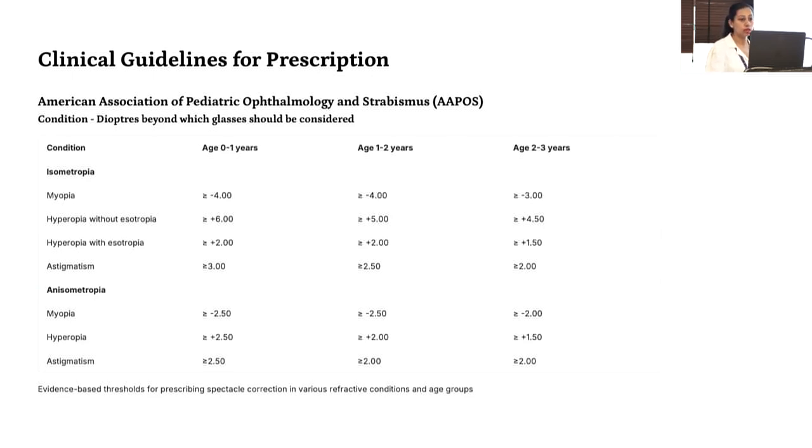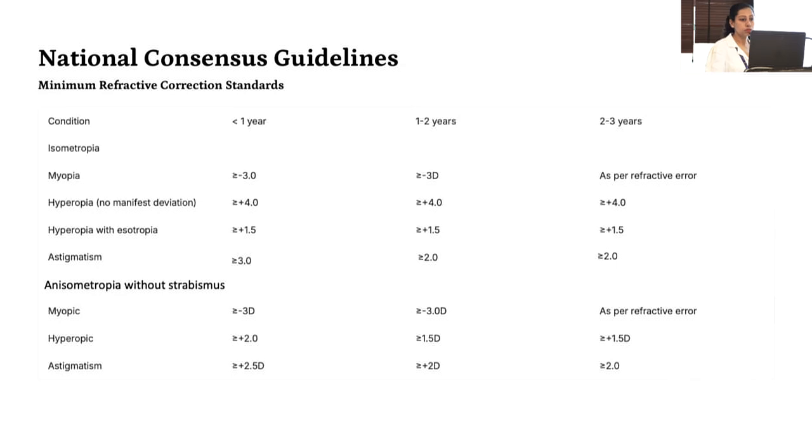Astigmatism also has certain values, followed by more than 3, more than or equal to 2.5, and more than or equal to 2 in the respective age groups. So this is the national consensus guideline for correction. It follows a similar trend, but the values are slightly on the lower side in our country. That is, myopia has to be corrected if it is more than -3. Hyperopia, in the previous table it was 6; in the national consensus it is +4. And if it is having squint, that is esotropia, it has to be corrected even if the value is +1.5